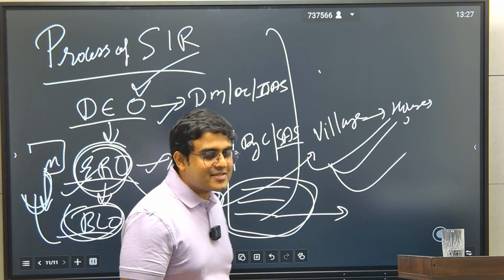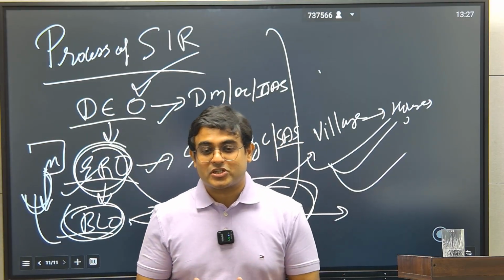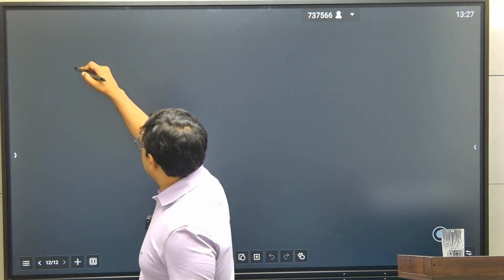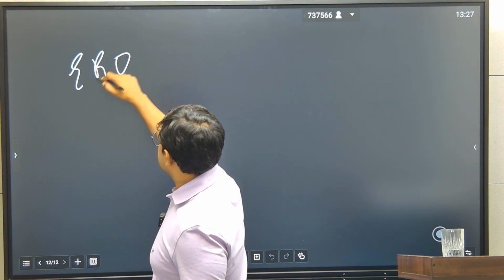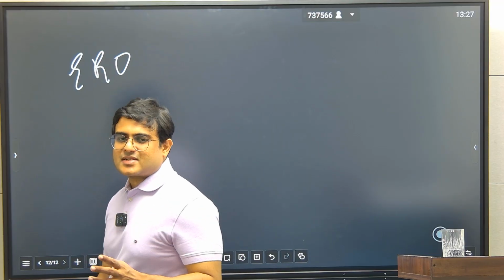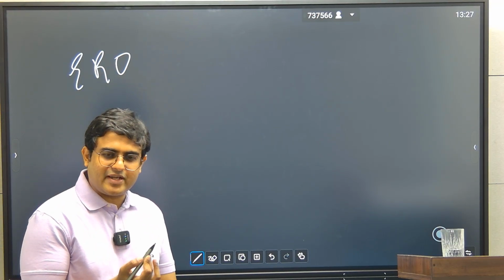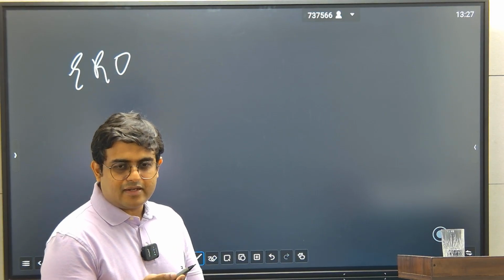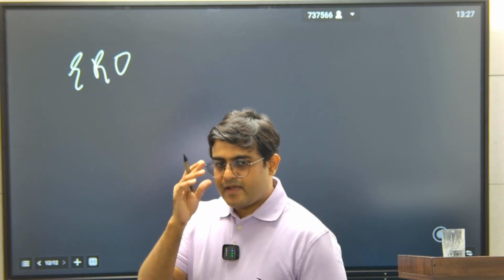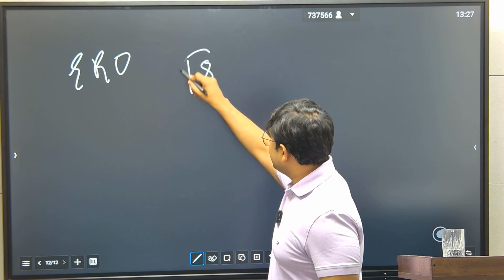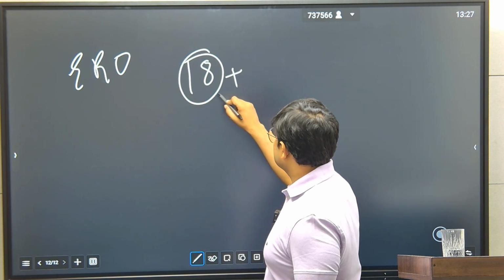Now interestingly, see the amount of discretionary powers ERO has. Suppose a claim has been rejected. On what basis will a claim be rejected? Either that person is not a citizen of India or she is not 18 plus. 18 plus doesn't have a document. So to verify whether the person is 18 plus or equal to 18,